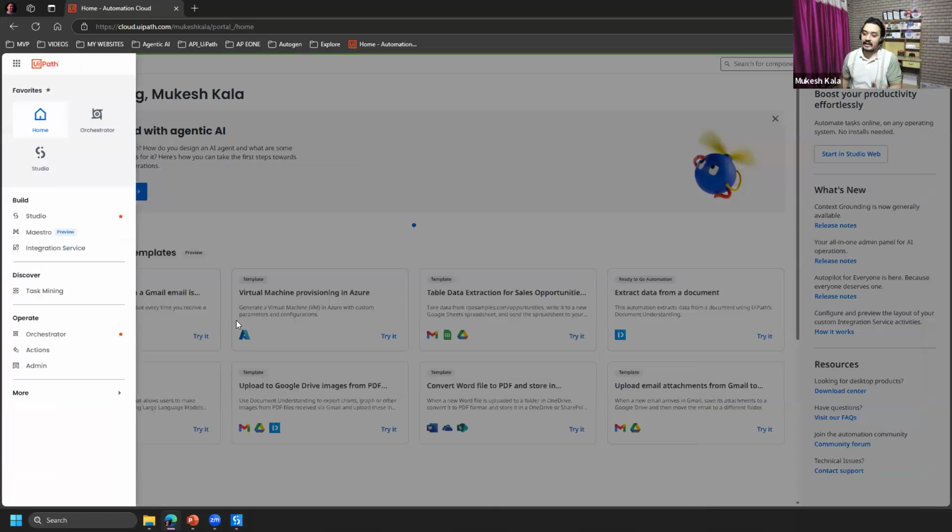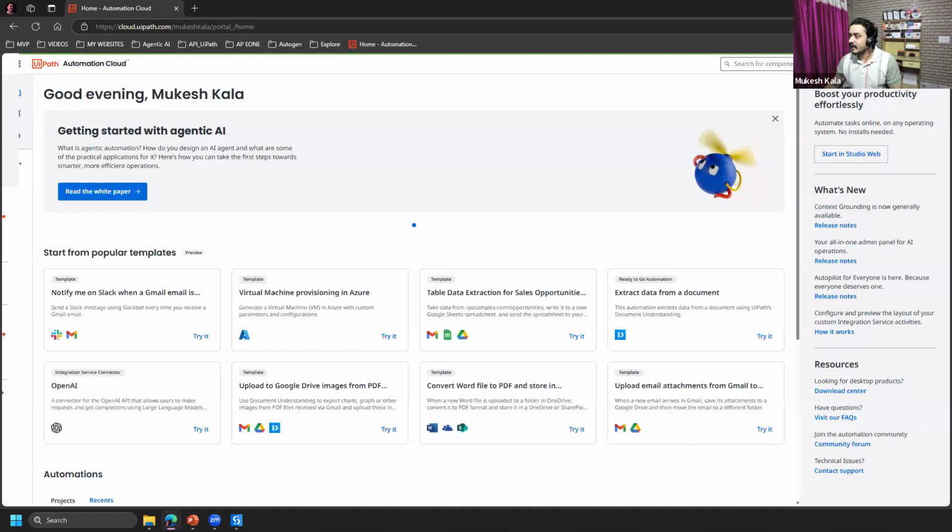So it's something like you started building on your college, any machine, and then you save it. Then you came back to your home where you have the version of Studio. You just continue building it, because all of that is connected by the same email ID which you sign in with, right? So I'm using my email ID, mailmukeshkala@gmail.com. You can use any ID, and then you will have access to this. All of this is connected, so interchangeably you can use it. How cool is that, right? So that's why it is called Studio Web.